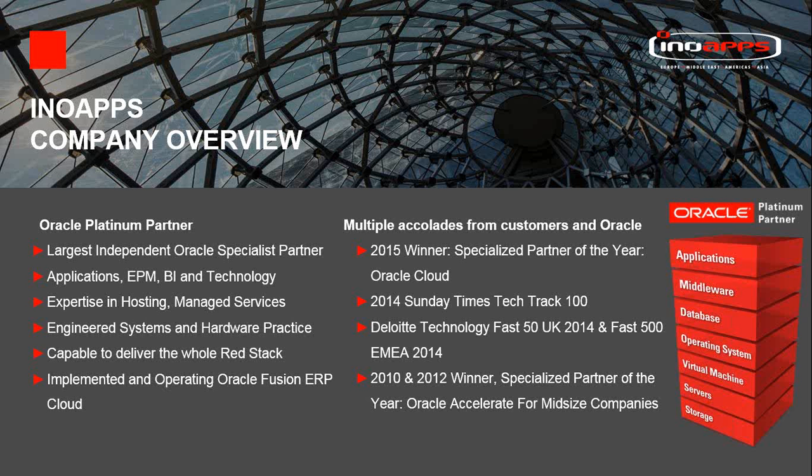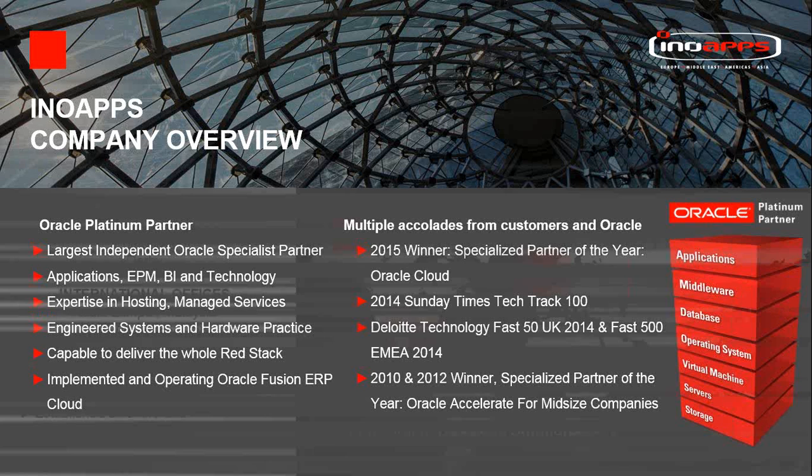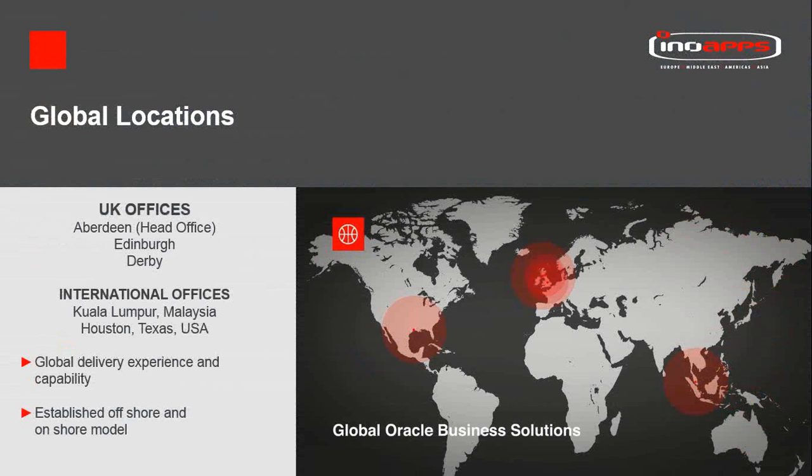So we do a lot of our work in the Oracle community, but at the end of the day, we're a professional services company, and hence, with some of the challenges and drivers we had, we needed to do something about our ERP system. In terms of location, we were initially established in the UK, head office in Aberdeen, and then through acquisition, developed offices in Edinburgh and Derby. We always had an aspiration, which is we wanted to deliver multinational global projects. The nature of some of the markets we got into meant we had to have global delivery capability, and also we wanted to be able to do true 24/7 type support.